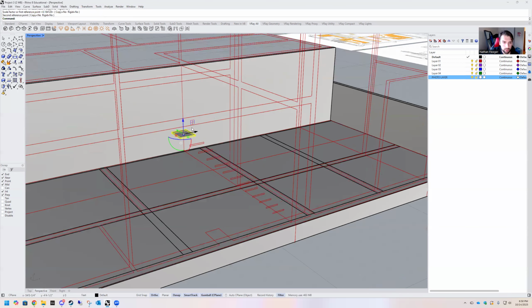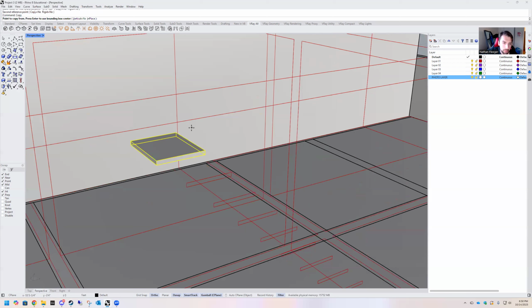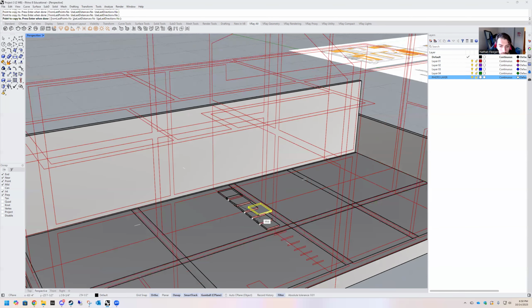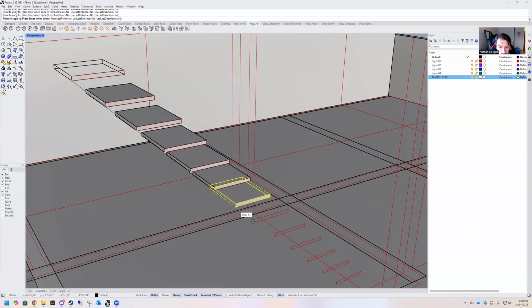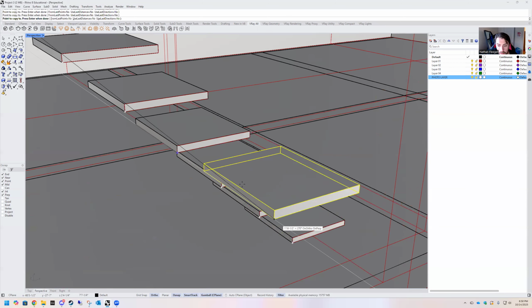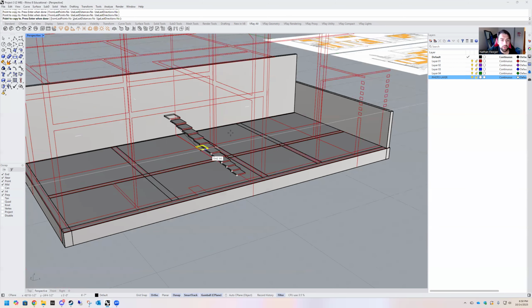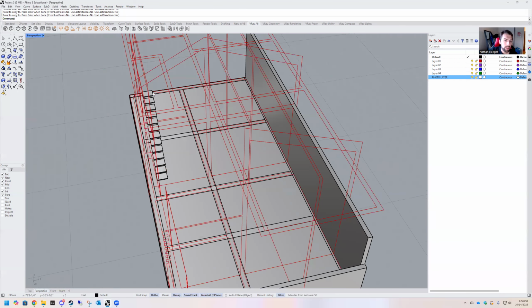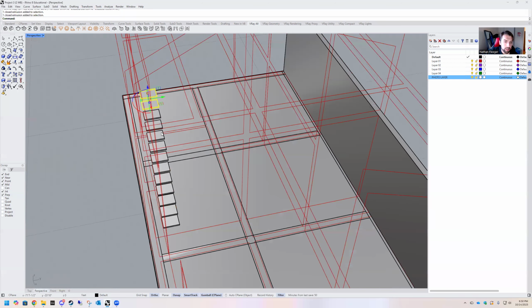And then we can just start to copy these down. This is how you'll get some of those interior details. And so what I'm going to do is again pause right here. And I actually think I'm going to end the video for now because I think you're starting to get the idea of what's happening here. There's a lot of detail that you guys are going to need to figure out